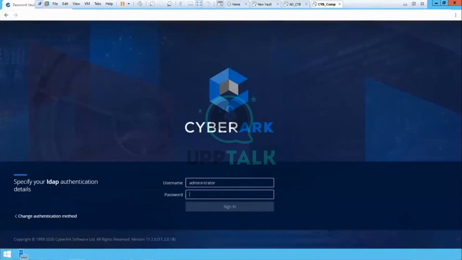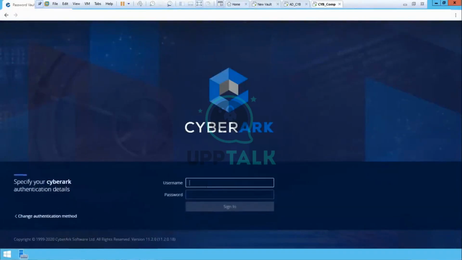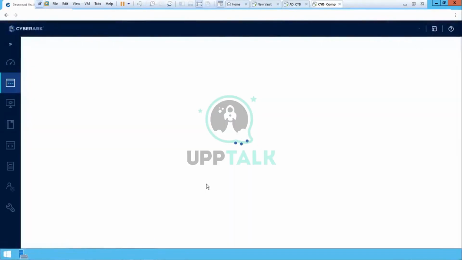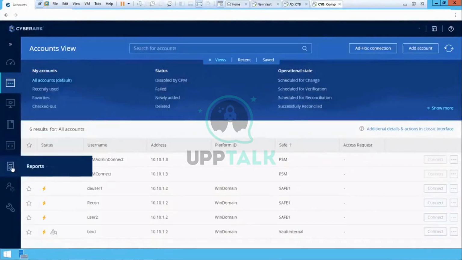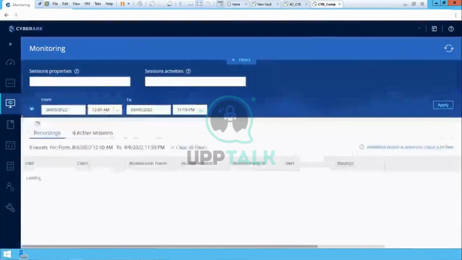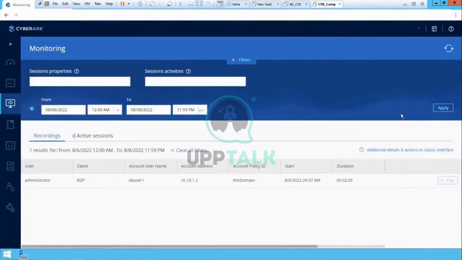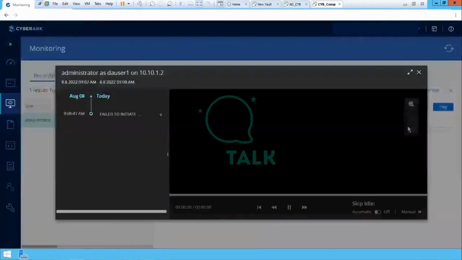Change the authentication method and log in. There is a space between R and D. Now you've got monitoring tab access about the policy. If you have auditor access, then only you will be able to see this monitoring tab access. If you click on the play button, then